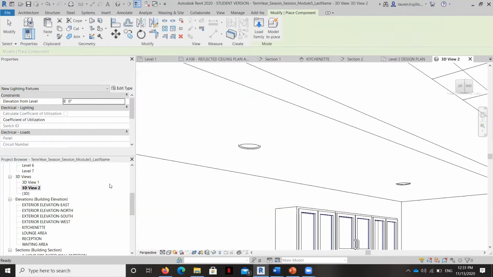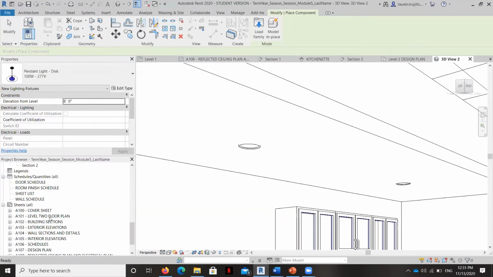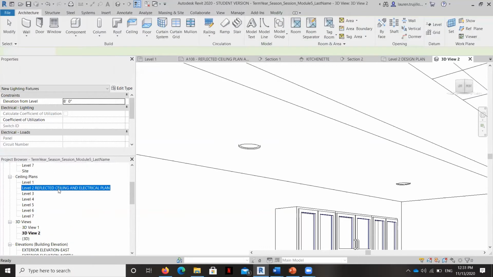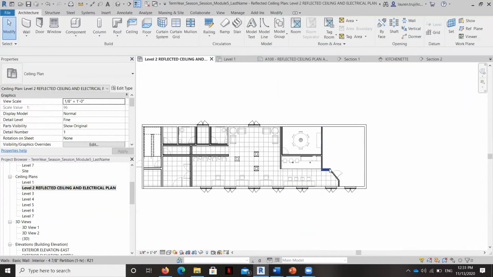Okay. So we've got our lighting placed, and again, I'm going to just bring these elements in first, and then we'll move them around and get the grid perfectly operational, and get everything perfectly aligned. But those are the lighting, and now what I'm going to do is show you the mechanical equipment.